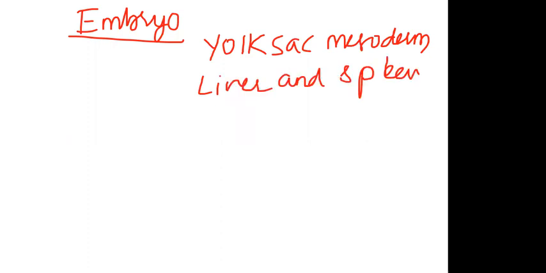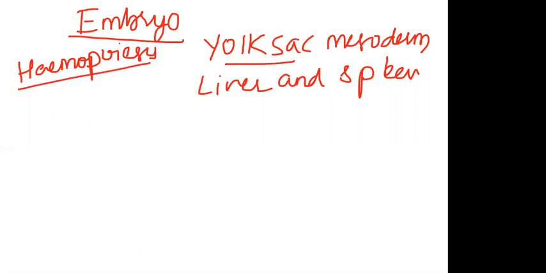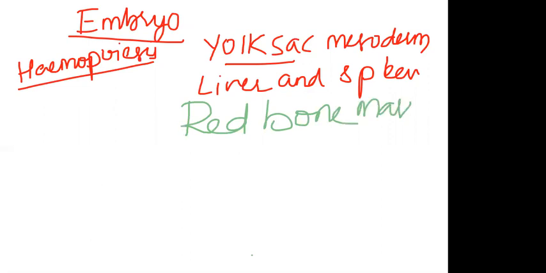The first topic is hemopoiesis, the production of blood cells. Initially, when we are in the mother's uterus, the yolk sac mesoderm takes the role. Then the liver and spleen act as temporary hemopoietic tissues. In the final stages of embryonic development and after birth, who is taking this role? Red bone marrow, which I showed you in the spongy bone in the earlier classes. Red bone marrow is the primary site of hemopoiesis.